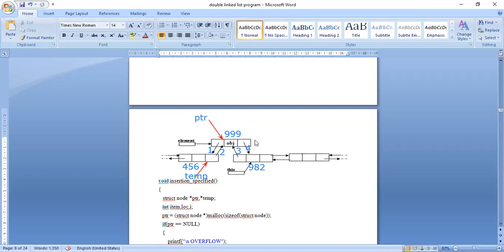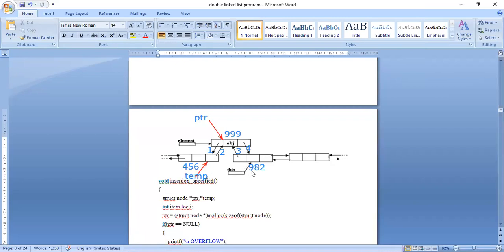Next step is I have changed the value of the next part, that is the next address link of the obj. And next, I have changed the value of the next part in the temp node. And again, I have changed the value of the previous value in the temp of next.